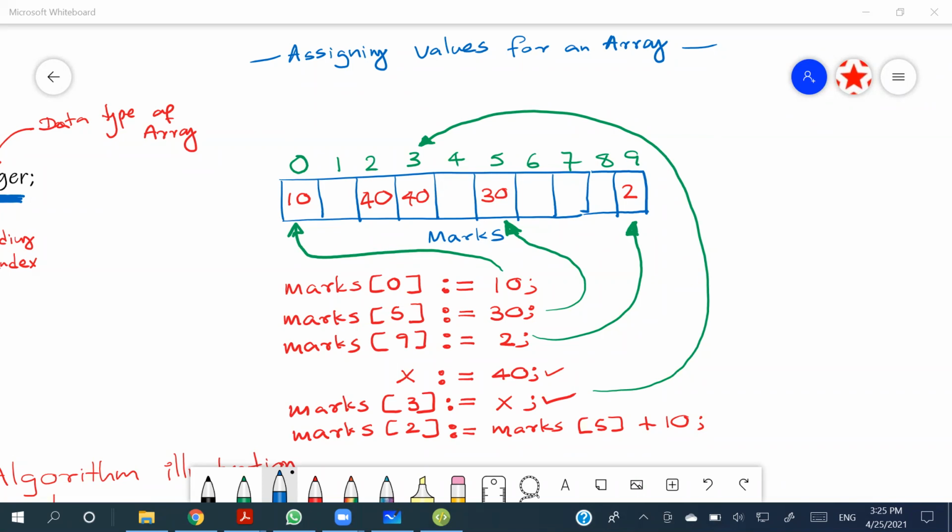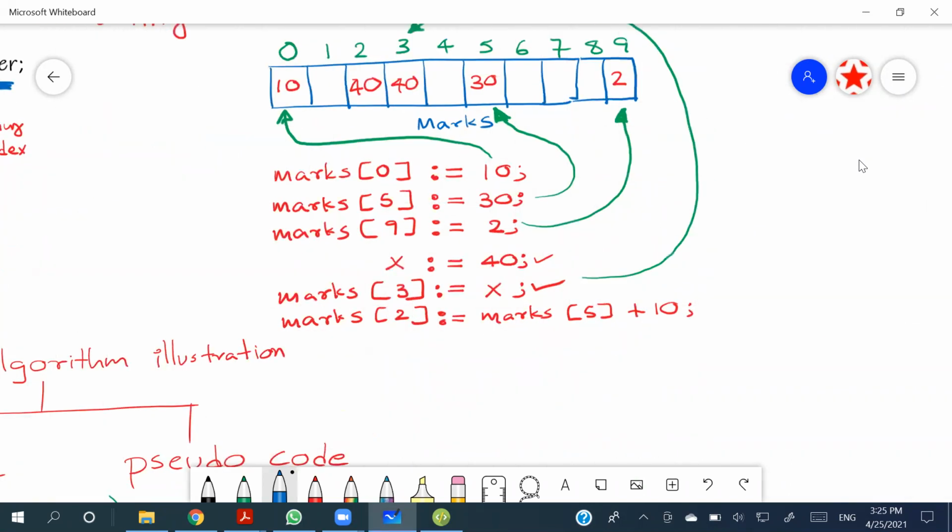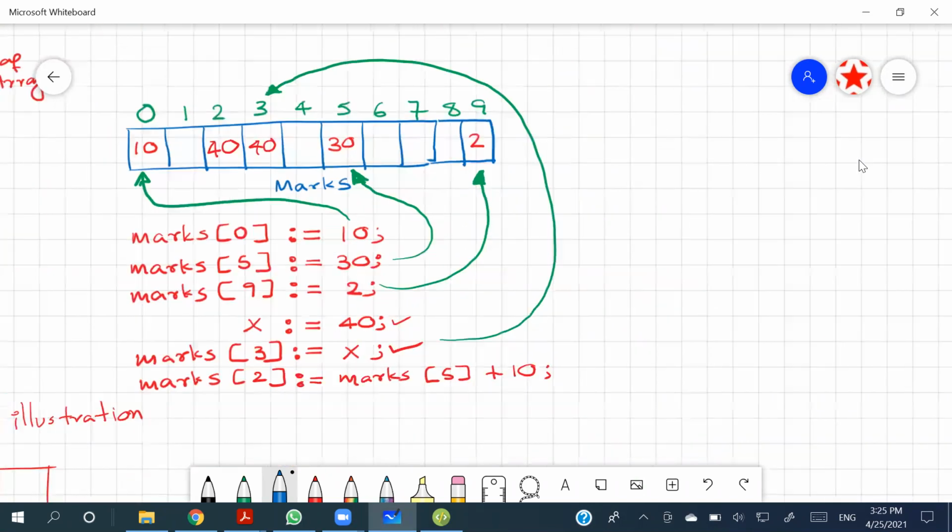So now retrieving the values of an array is easy as this, right? So retrieving,